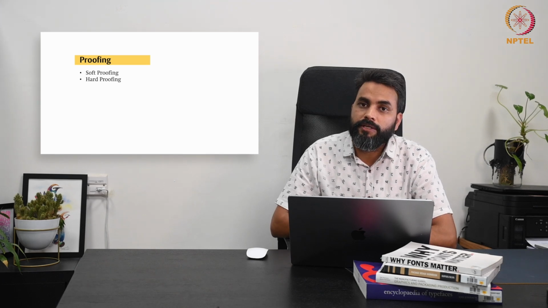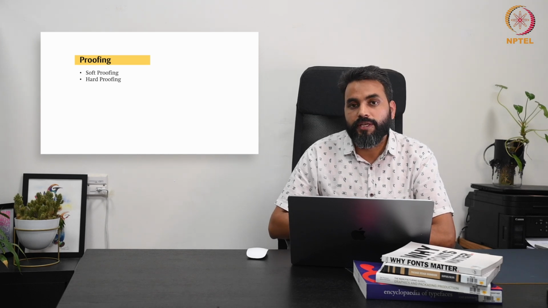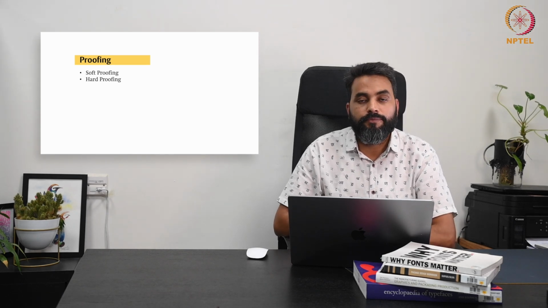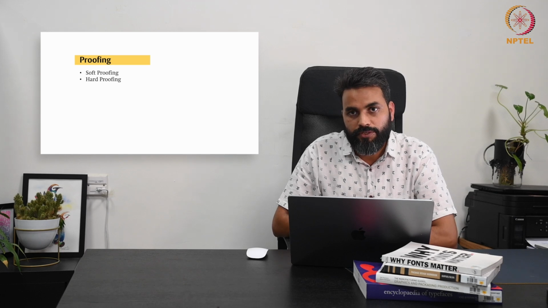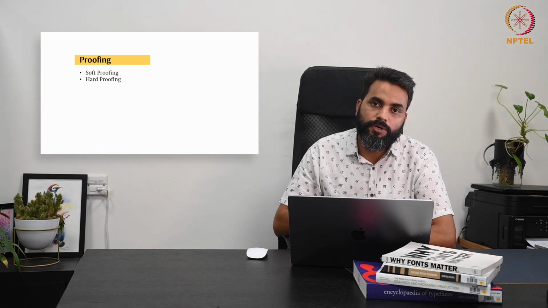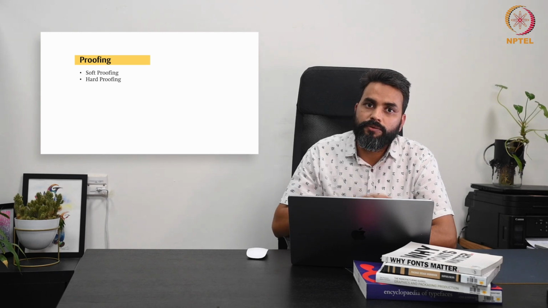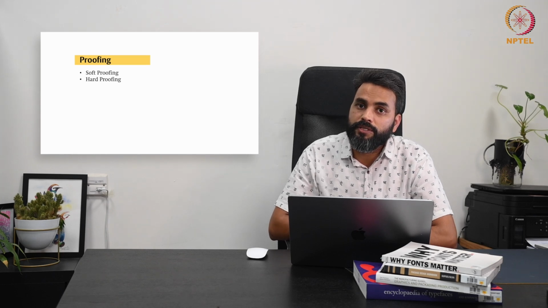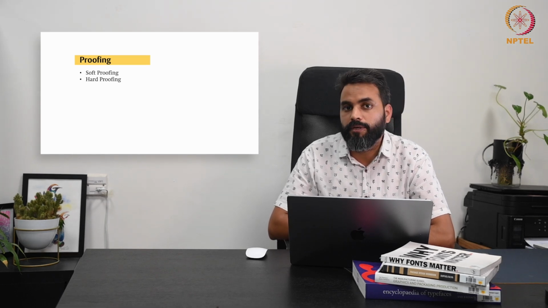Or if there is a need to change anything, for example, many times on the screen we can read text, but when we are printing it, depending on the kind of font we have used, the kind of color we have used, the whole thing changes and it becomes very illegible. So then we have to come back and do all the changes to make it correct. So once you do the physical hard proofing, this ensures accuracy and minimizes errors in the final printout.